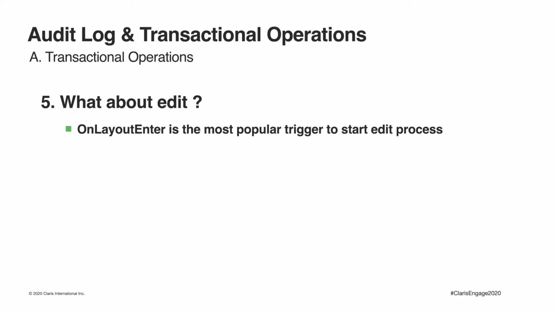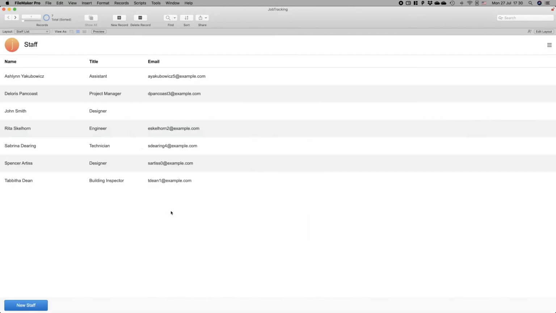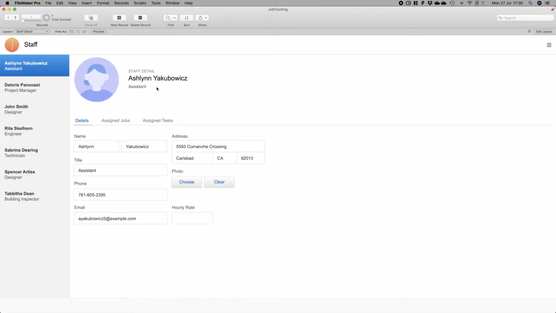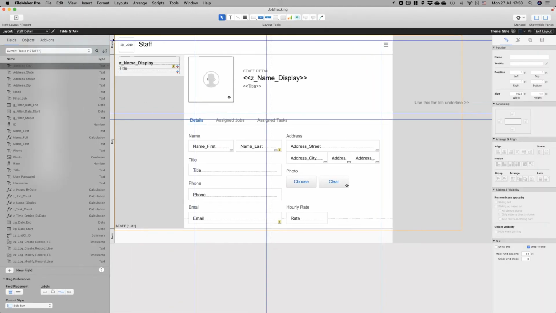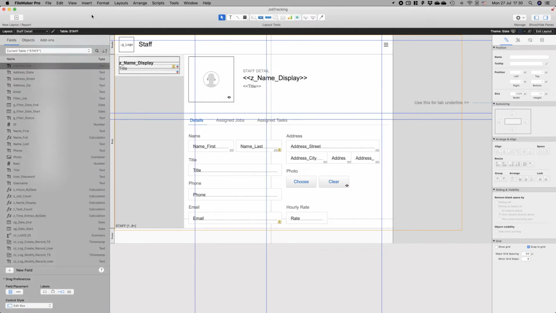My aim was to replicate the edit process exactly as FileMaker does it. Let's enable the built-in FileMaker layout save and see how the save cancel is handled by native FileMaker functionality. To enable the save cancel functionality built into FileMaker, you need to navigate to a layout, go to Layout Mode, go to Layout Setup, and disable the Save Record Changes automatically. Click OK, go back to Browse Mode,